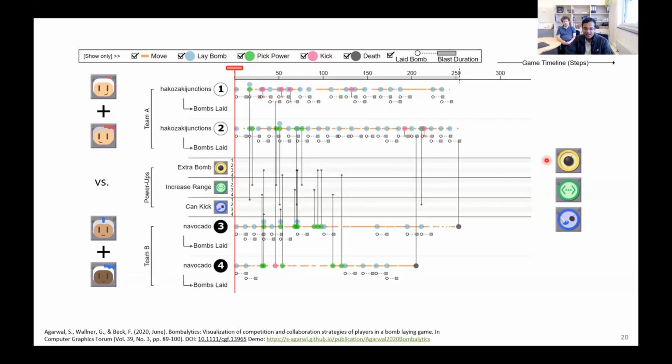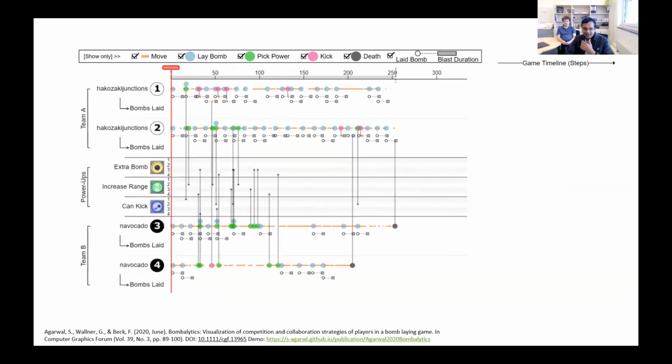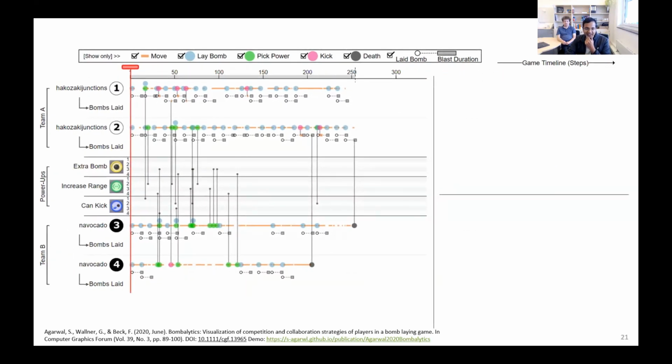And the power-ups, which are kind of the common resources in the game, you can imagine these resources are something which the 2 teams have to compete with each other to get. They are placed in the middle rows. Having said that, how